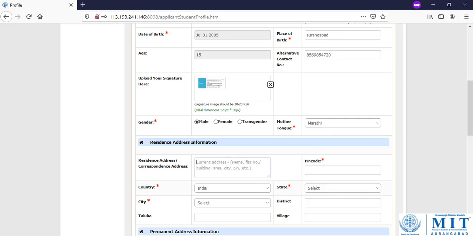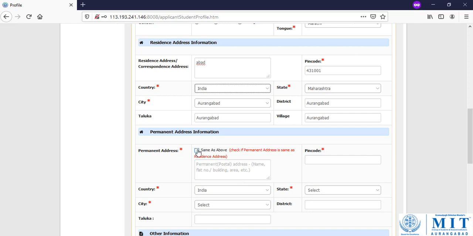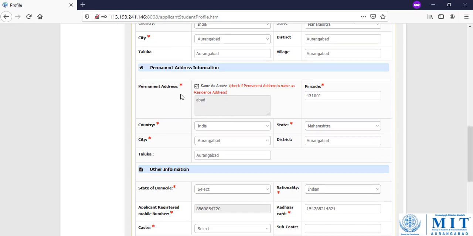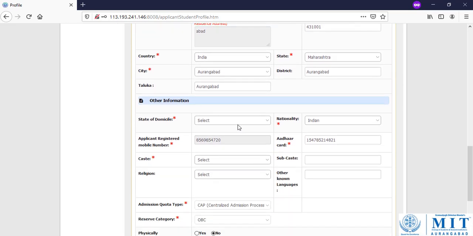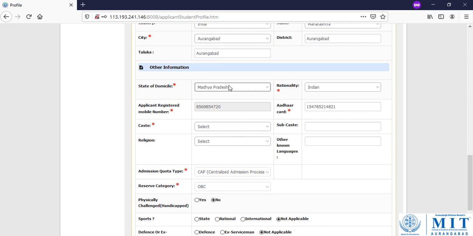Let us say Marathi. Then address, pin code. As soon as we provide the correct pin code, the rest of the information will be automatically fetched by the system. The permanent address is the same as the correspondence address, so click this box. Now the status of domicile, Maharashtra for example.